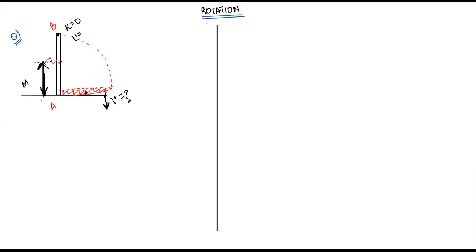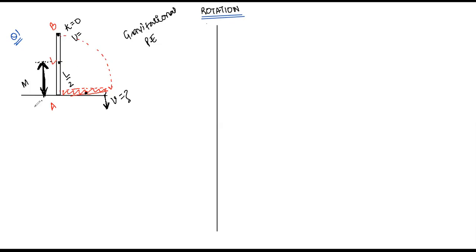Whenever we have to find out for any body the amount of gravitational potential energy, I'm writing GPE, gravitational potential energy, for any given rod or any given body, we need to take its center of mass into account. So what is the distance of the center of mass from the ground? Initial distance L by 2.